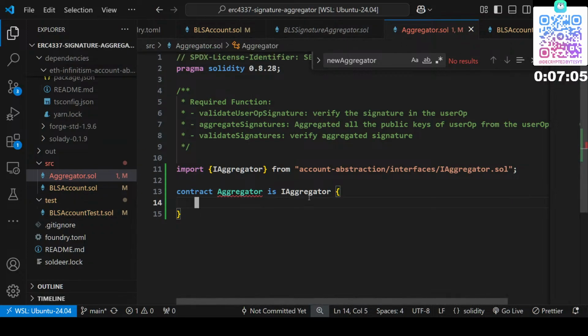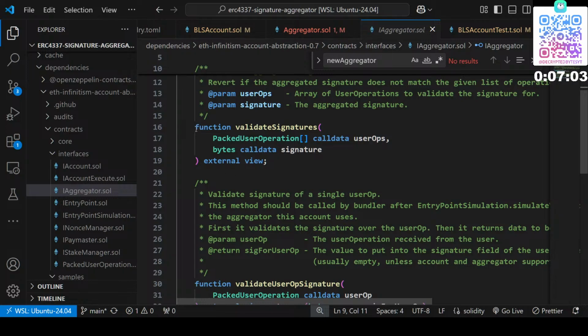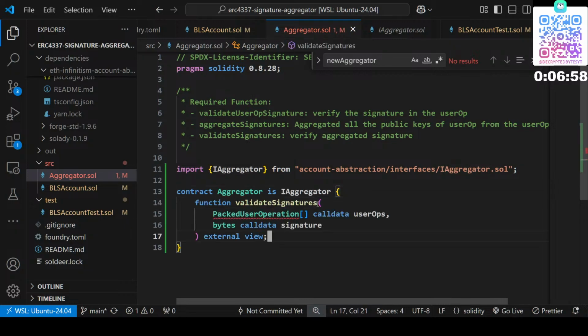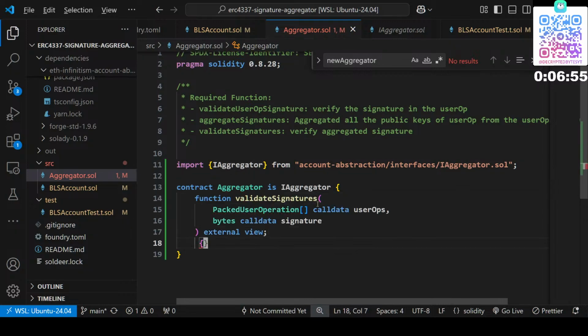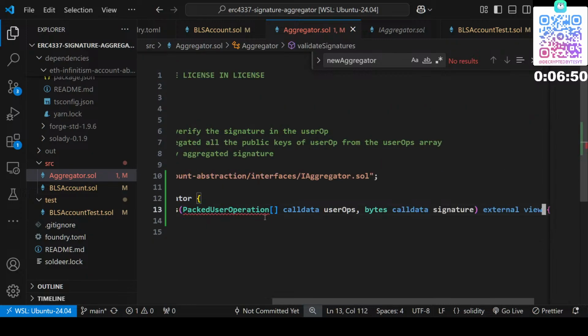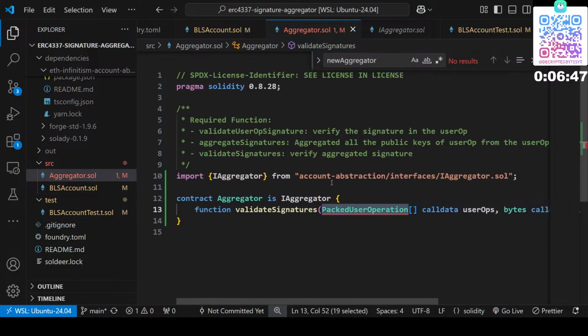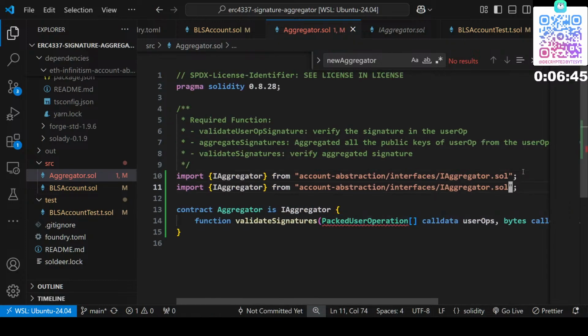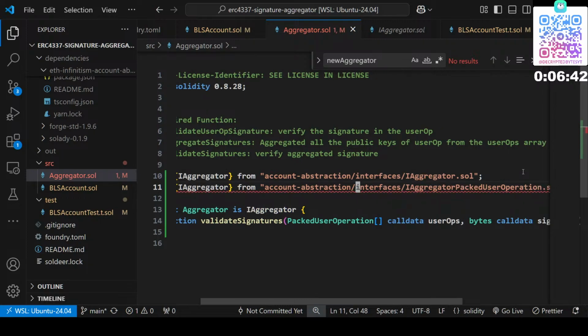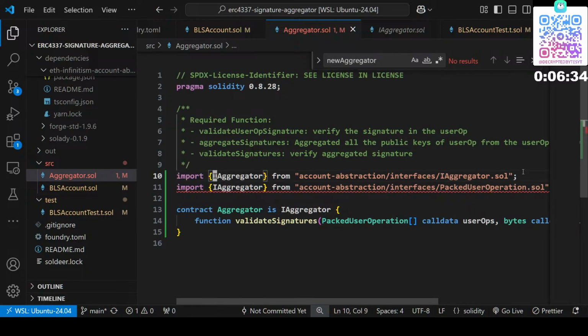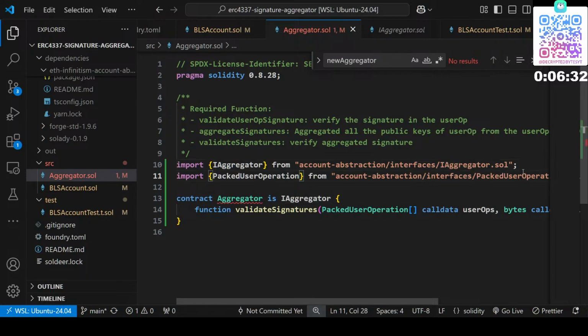We need to implement 3 functions. Which is one. Okay, sorry. We also need to import this. Oh no. Done. Next is